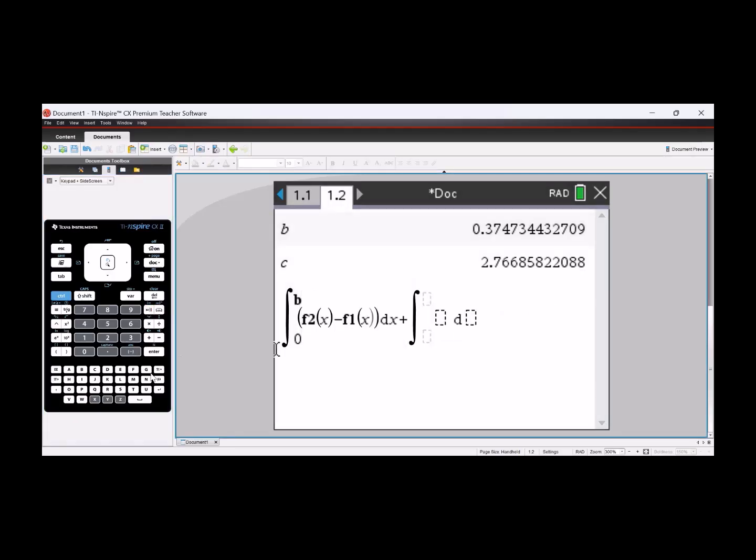Now our next integral went from the first intersection at B, tab, to the next point of intersection, which is at C, tab. Now this time the sine curve was on top, so it's F1 of x minus the cosine curve, which is in F2. Now if you want to type in the sine and the cosine, that's absolutely fine also. Okay, x, tab over, and I'll do that maybe in the third integral, dx, tab out of it, plus,